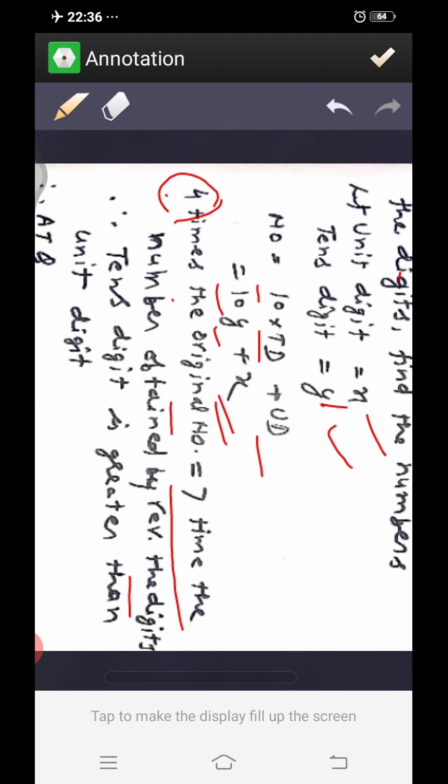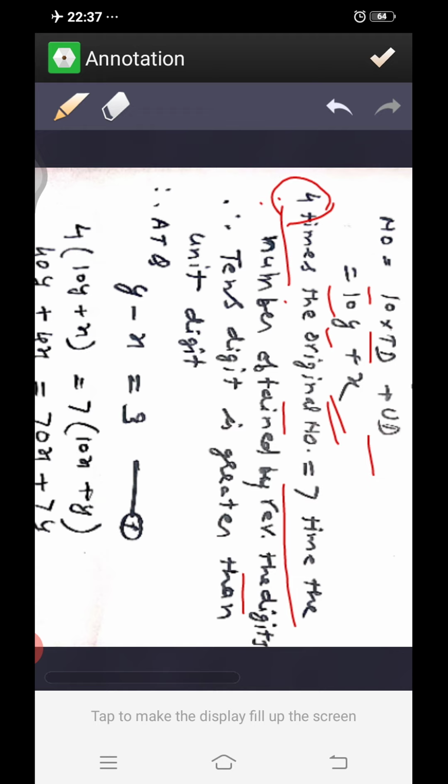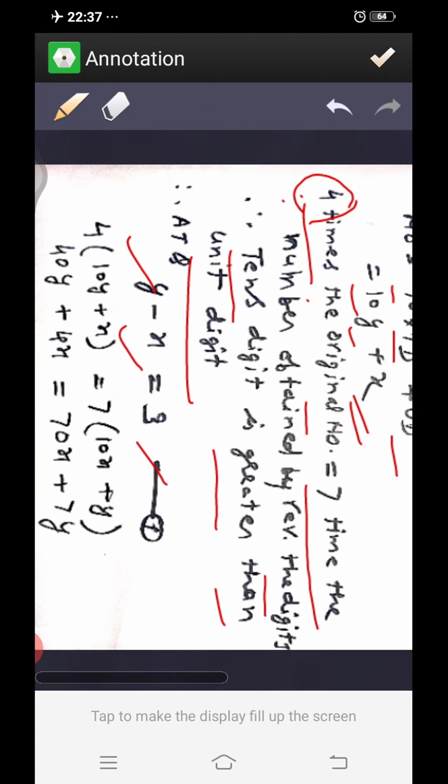It means its tens digit will be greater. If its tens digit is greater, the unit digit is smaller, then on reversing the number, its unit digit will become greater and the tens digit will be smaller. So we will get a smaller number which will be multiplied by a greater number to become equal to the original number. So according to the question, now we come to know that the tens digit is greater than the unit digit. It means according to the first condition, the difference of the digits is 3, that is, tens digit y minus unit digit x equals 3. So here we get this one equation.